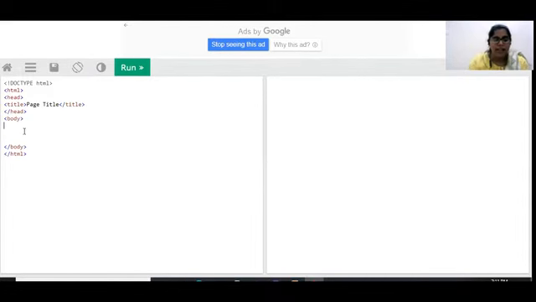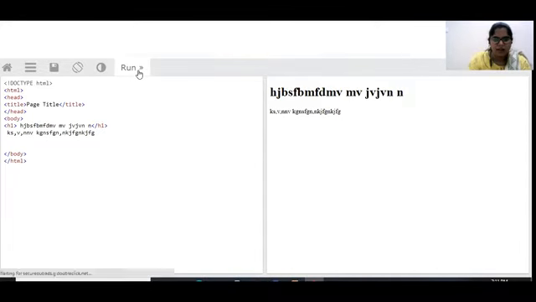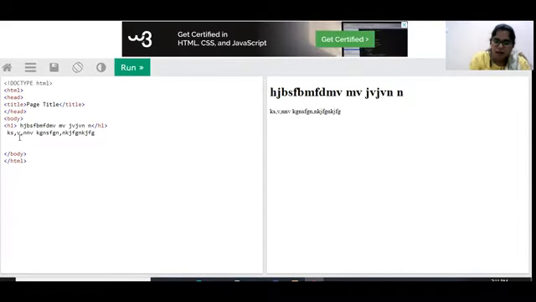Let us check how these heading tags, BR tags and passage tags will work out. Let us try from the heading tag. I'm typing some heading here with H1. If I don't give anything else, this is how it is going to be displayed. So this is the heading and this is the normal content we are going to write. For the normal content, there is no need to put it in any tag.